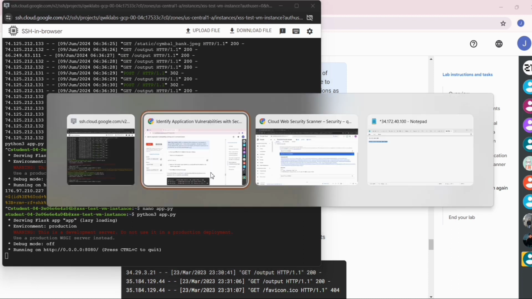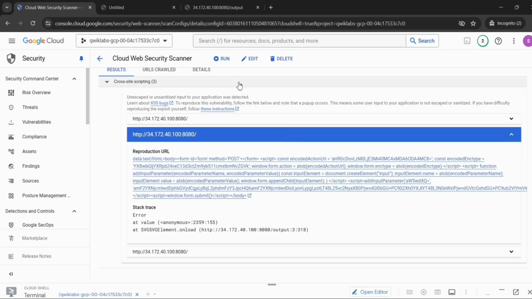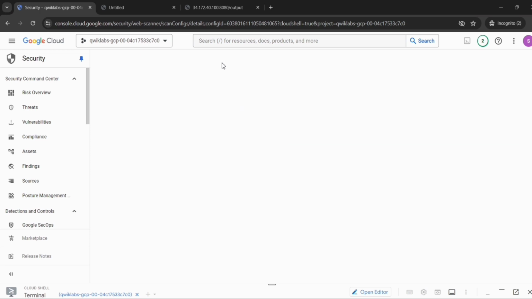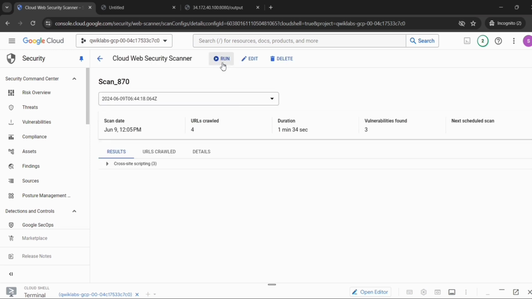Now go to the Cloud Console. At the top you can find the Run option. Just click on it. And it will refresh.